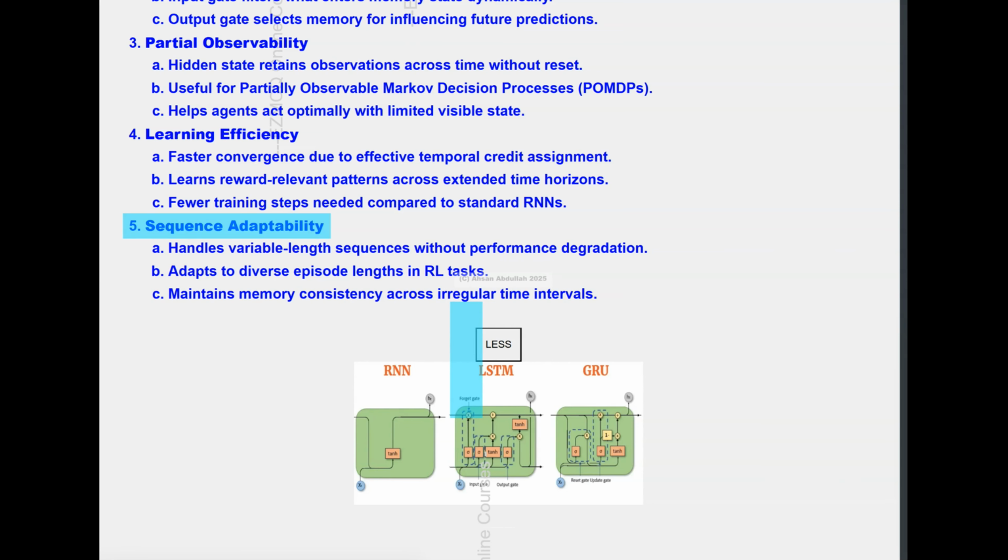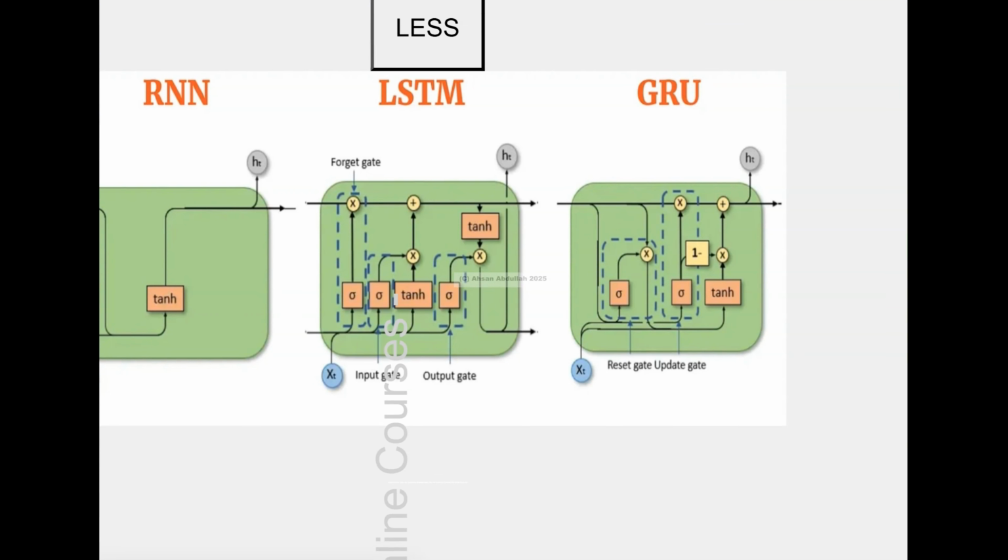Let me please clear this. In the LSTM unit which we are looking at, there are three main gates. This is a model, and these gates regulate the flow of information. For example, there is the forget gate, what to forget; the input gate, what to update; and the output gate, what to output. It has a cell state and also a hidden state, the output at each time step.